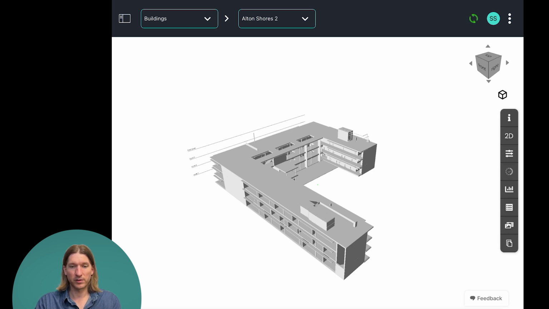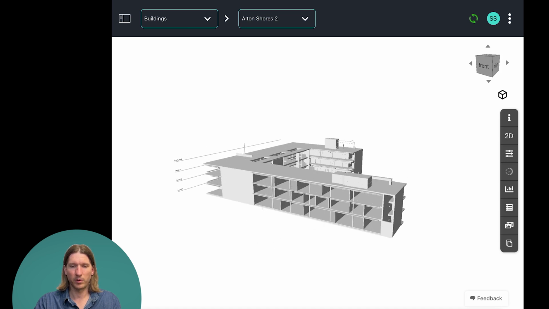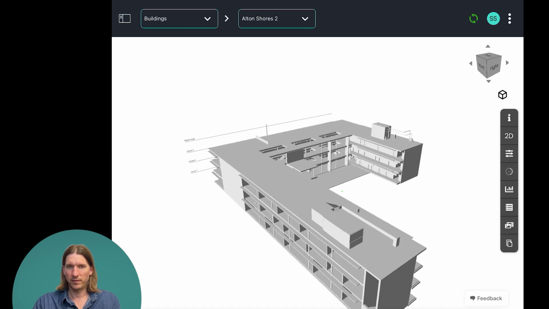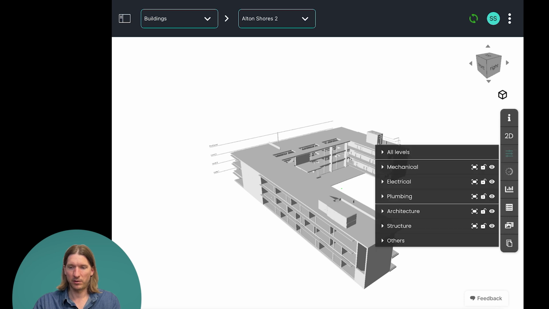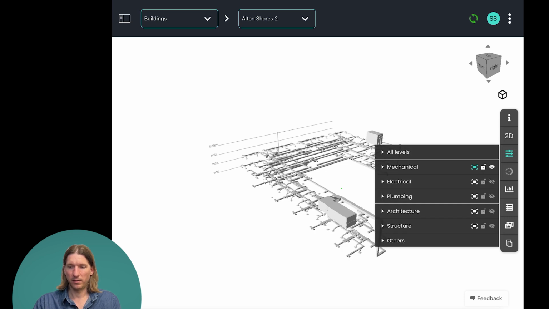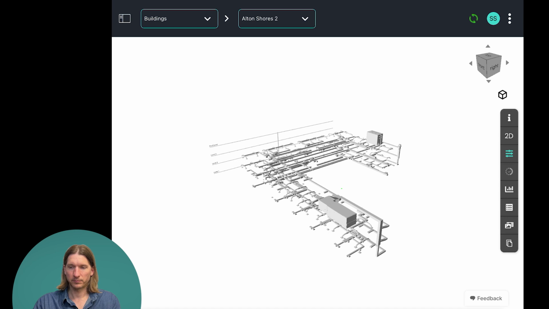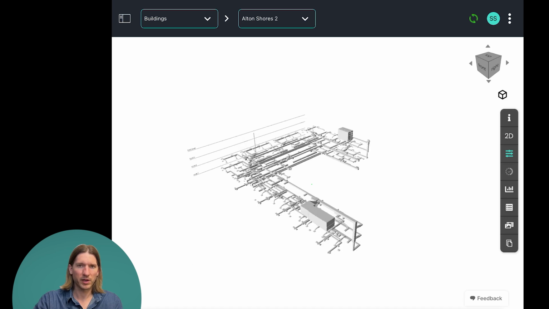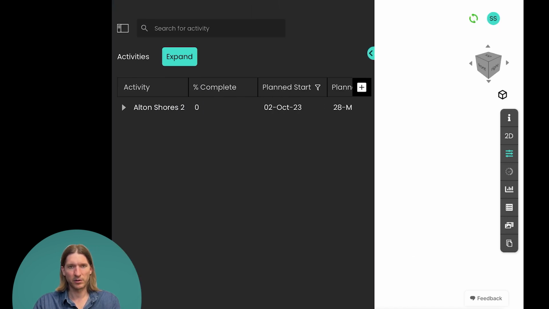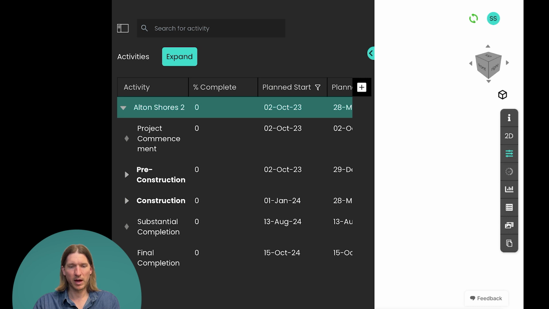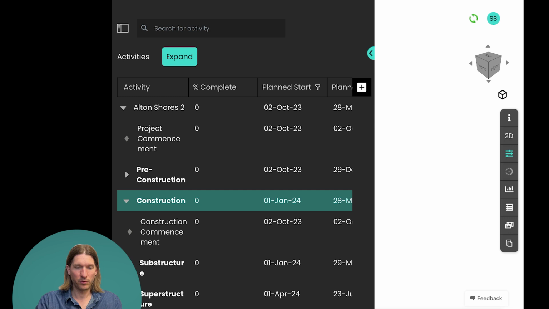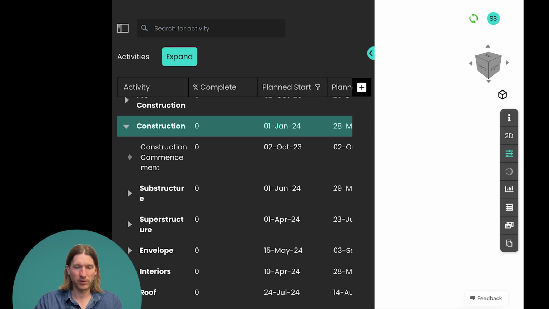You'll see the model viewer looks very similar to what we did when we were linking geometry. You have the ability to filter the model and view it in a 2D mode. And you can open your schedule on the left-hand side to start to do your progressing. So I am going to go back to those activities that I linked geometry to, and now I want to log progress against them. So I'll navigate through the schedule here for those activities,